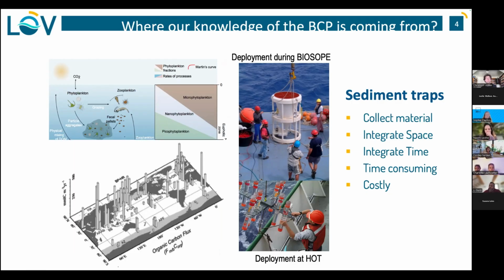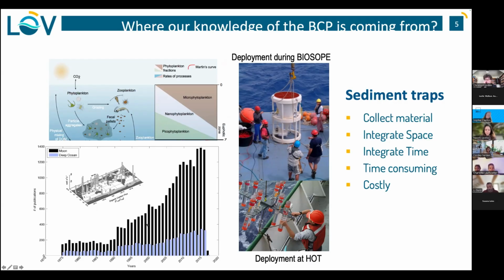If you put everything that has been done for the last 60 years on a map, this is what it actually looked like. So this is a drawing from Honjo, who did a compilation of every flux that was available since the 60s, pretty much. And so it looks pretty good, actually. You have a good coverage of fluxes around the global ocean, except that when you put that in perspective of whatever has been done on the impact of the moon on the Earth, that's what you have in the black dot bar here, compared to what we know on the deep ocean, including the sediment trap measurements, it's the blue bar. There's an order of magnitude difference between the two.